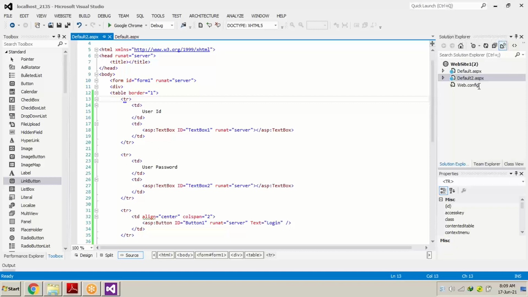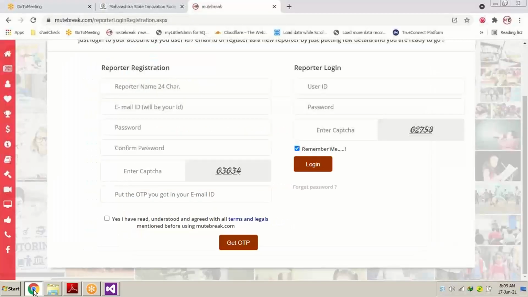Okay, thank you, Ankit. So I was saying that the screen which I have open is the login page. Then the screen which is appearing is the designing part of the screen.